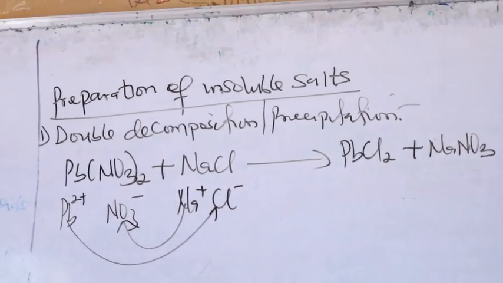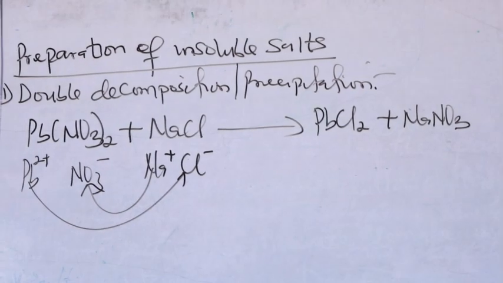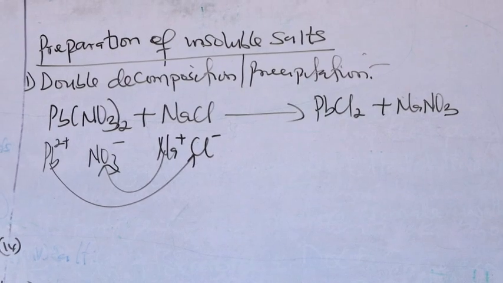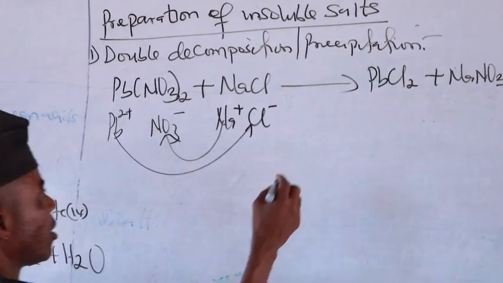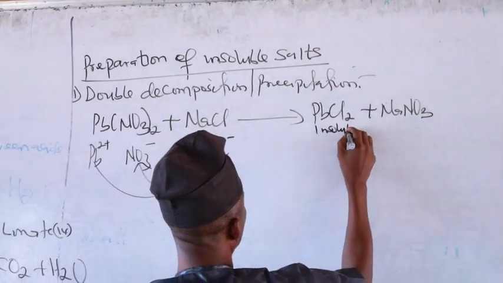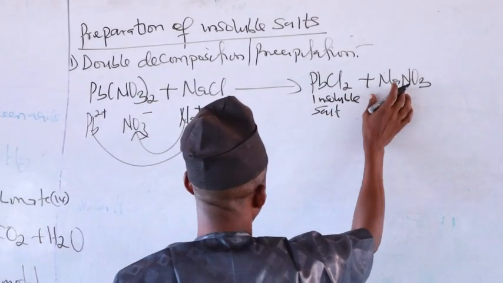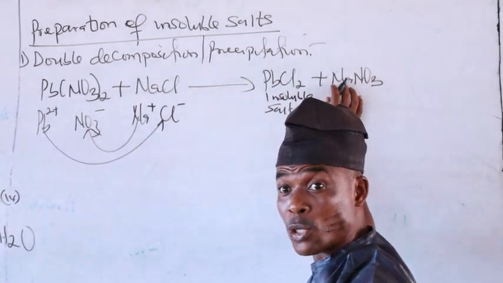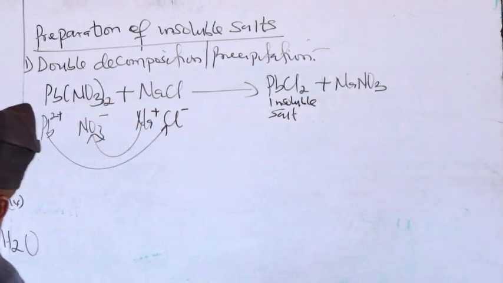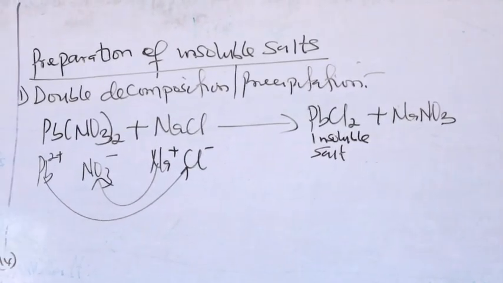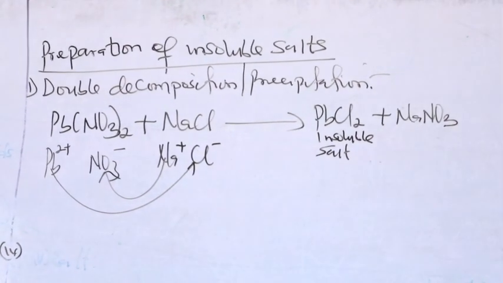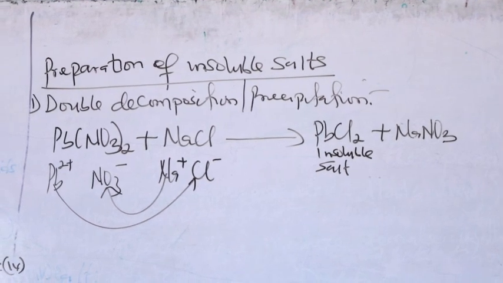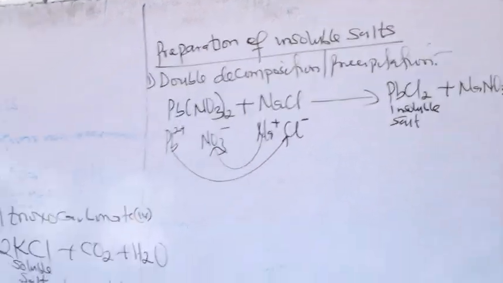One soluble salt and one insoluble salt. But the method is specifically used to prepare insoluble salt. So now this is an insoluble salt. Sodium trioxonitrate(V) is a soluble salt, but the method is not specifically to produce soluble salt. So when you have double decomposition, two different salts will be produced: one soluble salt, then one insoluble salt. But the method is usually for preparing insoluble